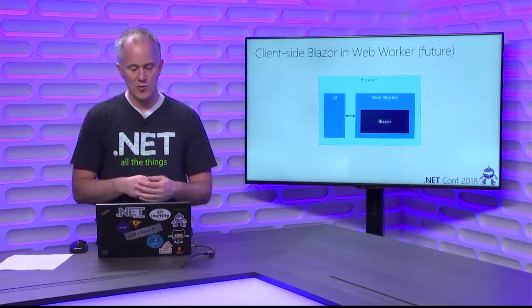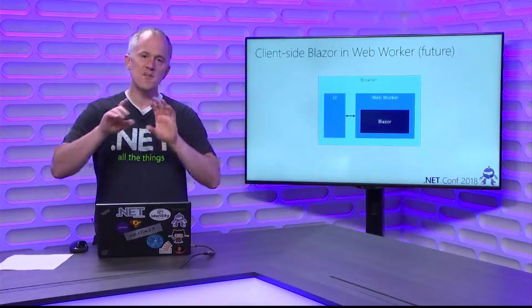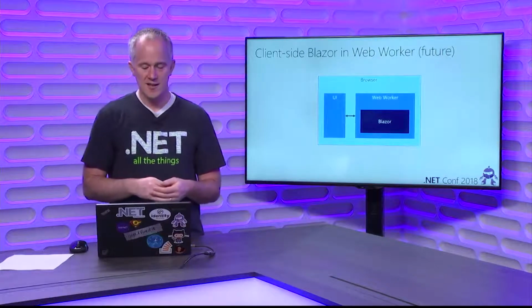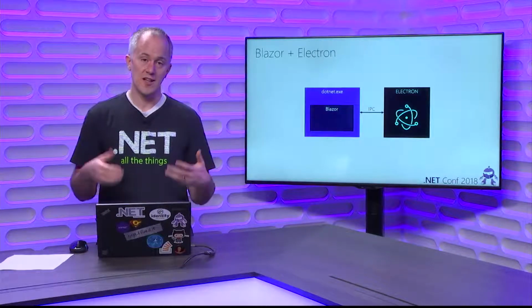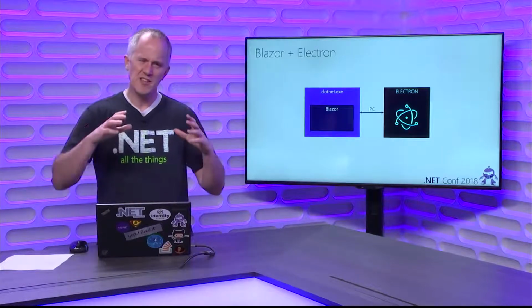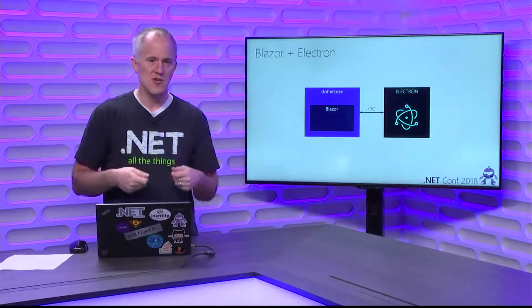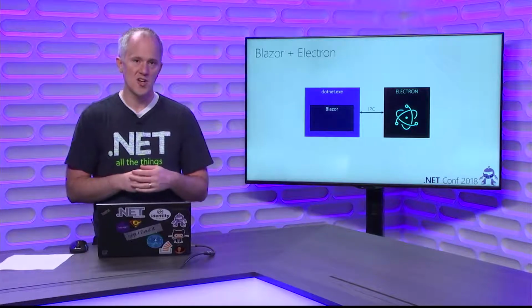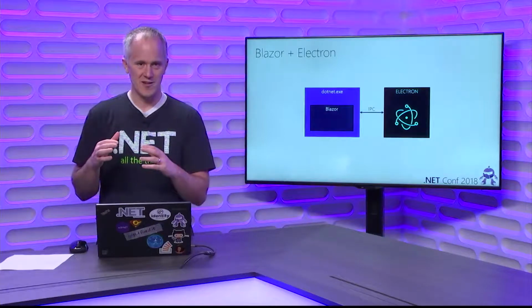Well, we were looking at this and we were like, well, that actually enables a bunch of interesting scenarios where you can use the Blazor UI framework for scenarios other than just client-side browser development. For example, maybe you'd like to use Blazor with Electron. Electron is a cross-platform desktop app framework, which is basically a browser shell that's been wrapped in a process that you can use to build desktop applications that run on Windows, Mac, and Linux. So we did a prototype where we took Blazor, and instead of running it on a WebAssembly-based .NET runtime,